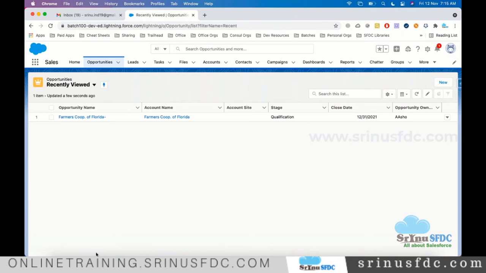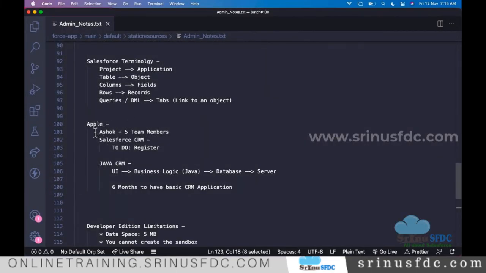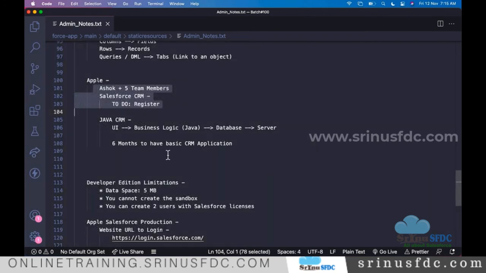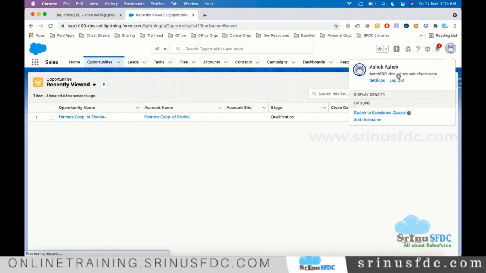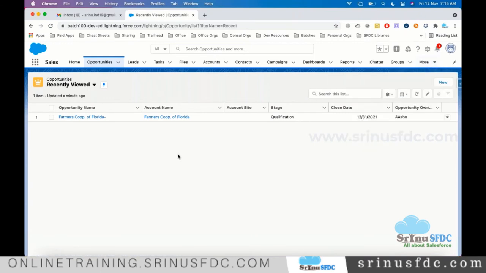So when I say this, we are assuming that this is the Apple company, that they registered and they have the Salesforce CRM application. Now the user who is logged in, that person is an Apple employee. If you see, Ashok, we logged in as this user. This user is an employee of the Apple company. So when I say the lead, in the lead we have the customer information, someone who is interested in the Apple product. So that company and that person's information will be there in the lead, and the lead is converted.